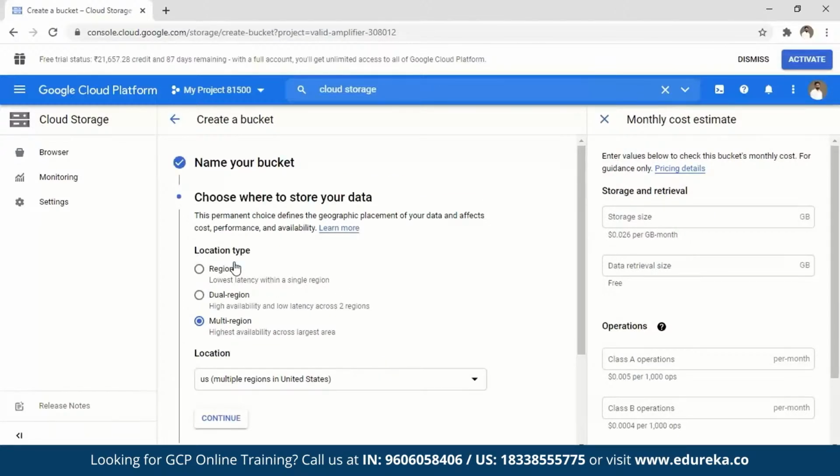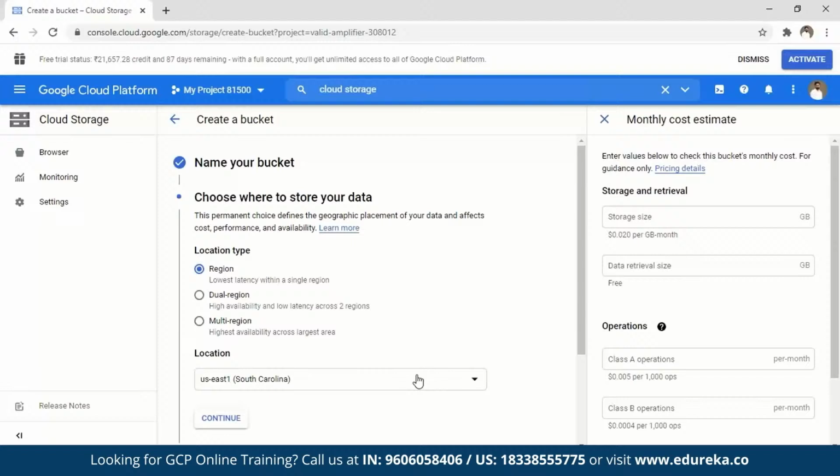So guys, once we click on continue, these are the other things that we need to take a look at or understand, as in what kind of bucket I want. Do you want it regional, dual-region, or multi-region? By the name itself, it should be clear. Latency is reduced in a regional bucket because you are dealing with a single region, single bucket, and all your work would be concentrated there. In dual-region, you'll have high availability, low latency, and you can access this data across two regions. In multi-region, you can have data or buckets in multiple regions, that is, you can access this bucket from multiple regions. In this case, we are sticking to the regional one. This is a basic demo.